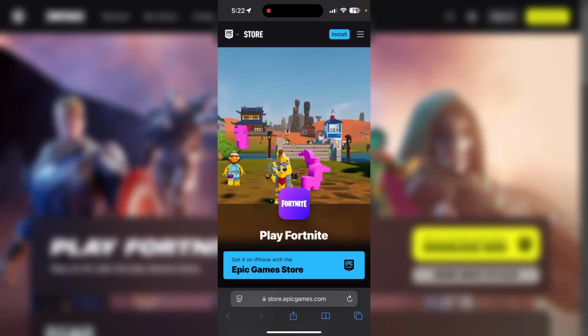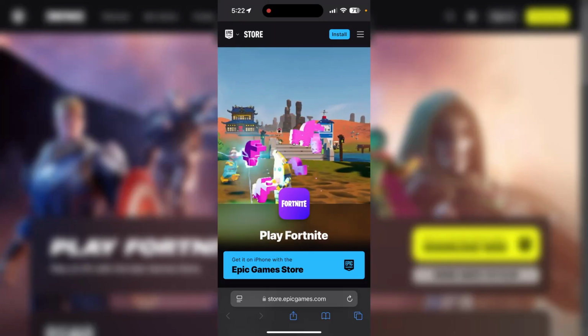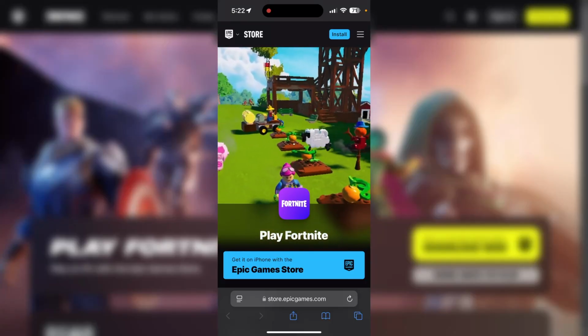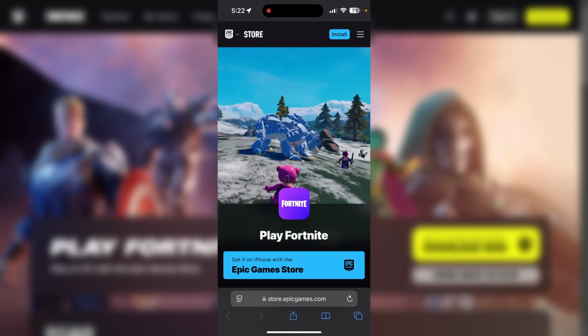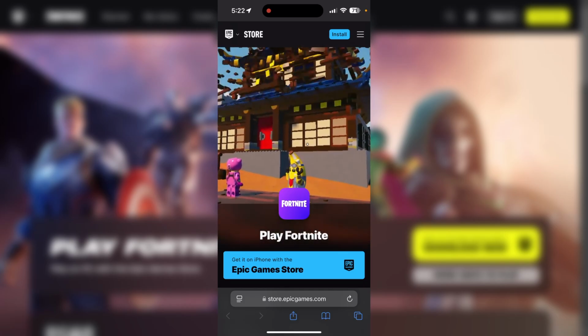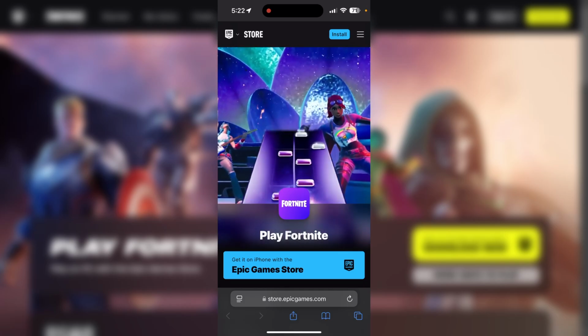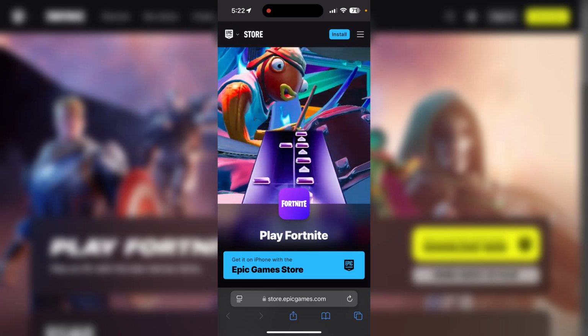Okay, so if you want to know how you can download Fortnite on your iOS device right now inside the EU, then you have come to the right video. So let's get straight to the point. In order to download this, you want to go over to fortnite.com/download and it will redirect you to